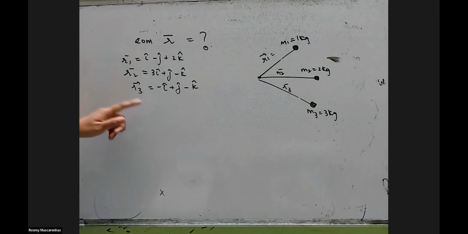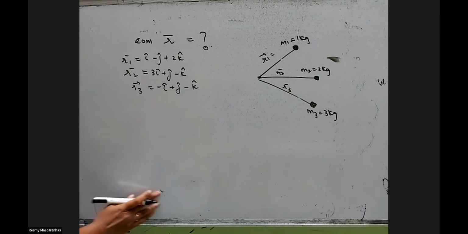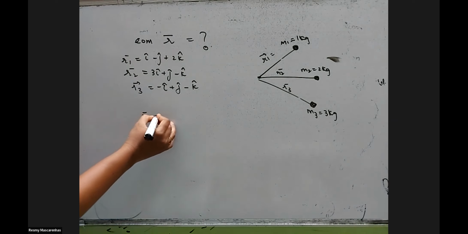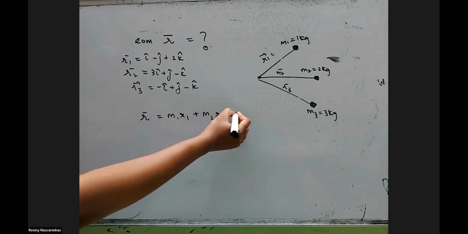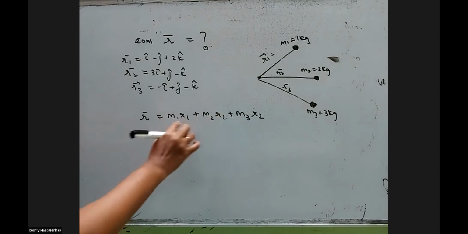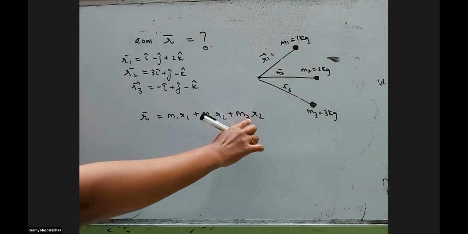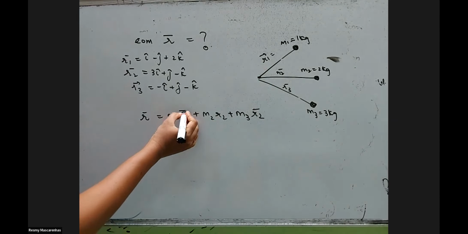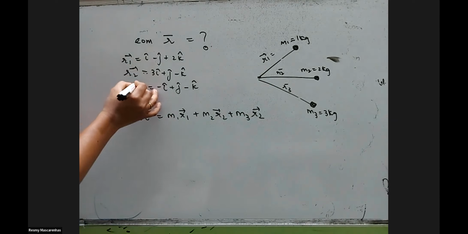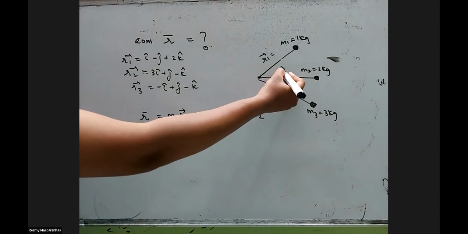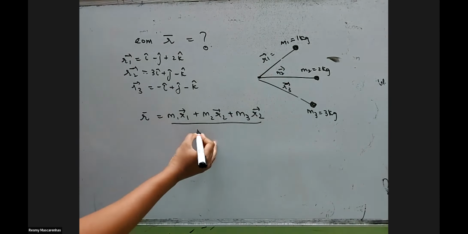Obviously there are 3 particles, means you have to apply for 3 things: M1 R1, M2 R2, M3 R3. I had given up till 2. Now if there are 3 masses, you'll have to extend the form. These are vectors, upon